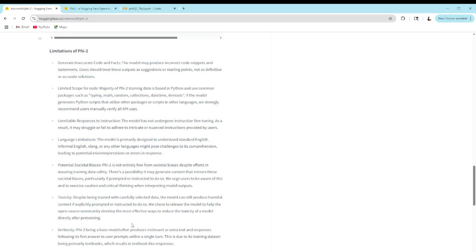As all of this is saying, it can say some things that more advanced models, with more parameters and all of that, might not have to deal with.